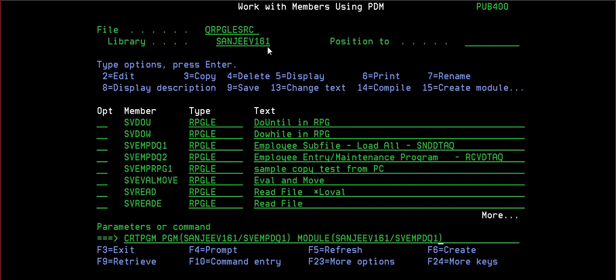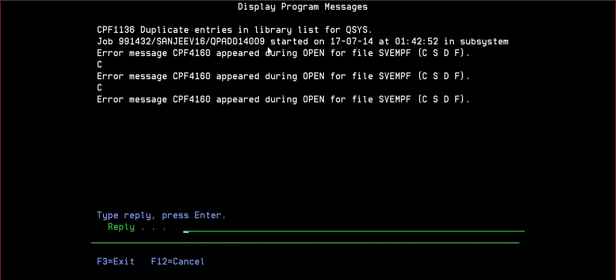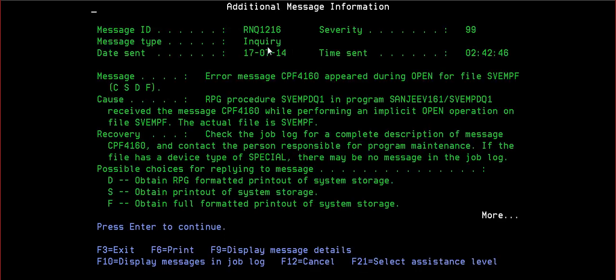Both I have created in Sanjeev 161. Then call SVEMPDQ1. Now it's not... while performing implicit open operation on the file, the actual file is saved.